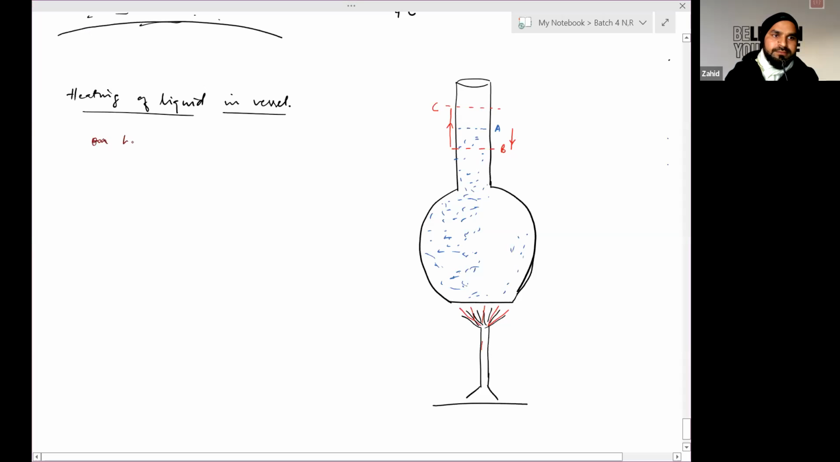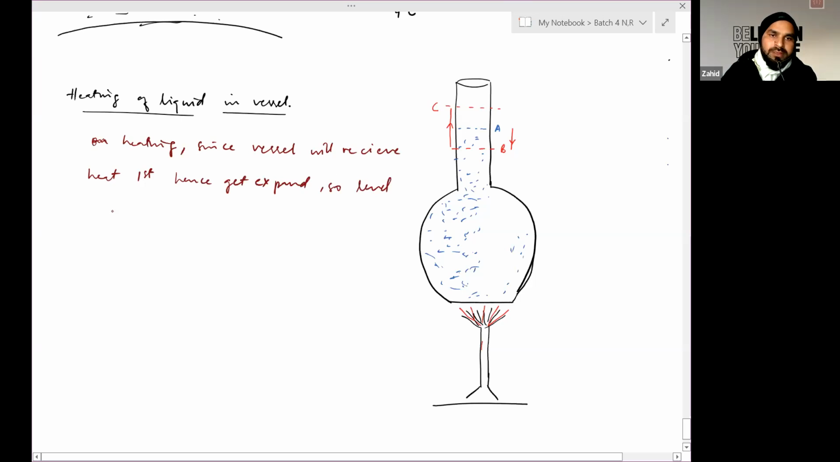So we can say on heating, since the vessel will receive heat first and get expanded, so the level of liquid decreases. Then, due to its own expansion,